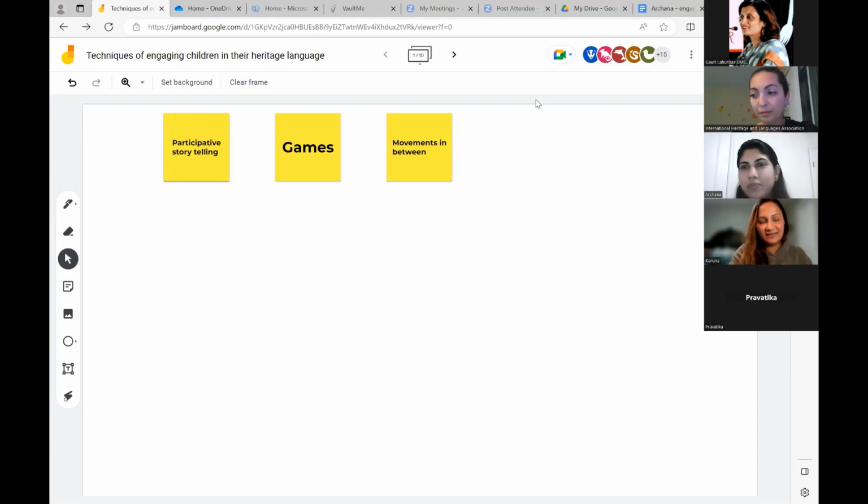And it's not just that. There are other things we can bring, like learning words, such as a water bin. Let's put something in the water that sinks and floats and say that in our language. How do you say sinking and floating in our language? So it's those kinds of ideas.